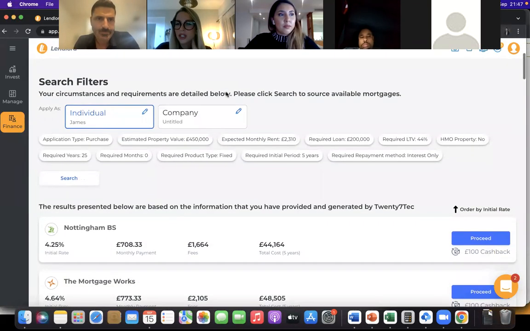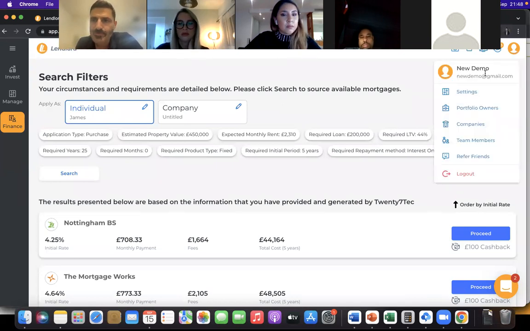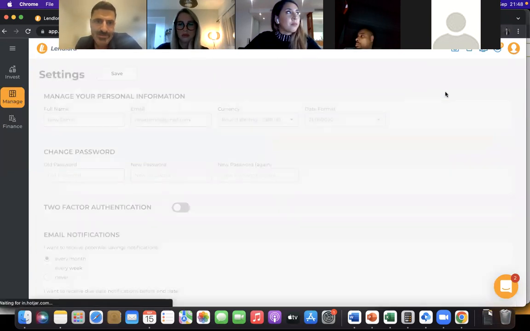There's been a few questions about the security on the portal. I don't know if you want to answer this, Abraham, just to tell everyone how secure their portfolios will be once they upload all their information. That's very important, yes. All right, so basically Lendlord is hosted on the AWS servers. The communication is encrypted, they are under security groups. We do allow and we encourage users to implement two-factor authentication. So if you go to the settings page,